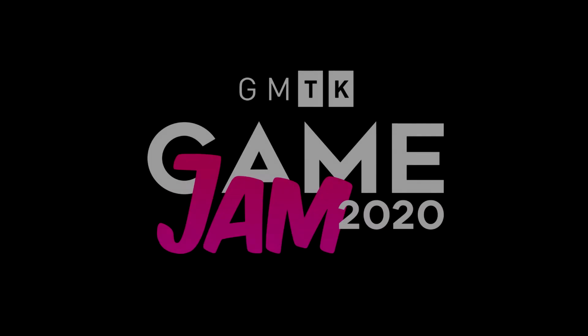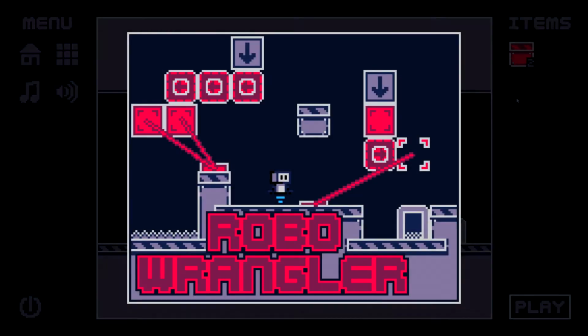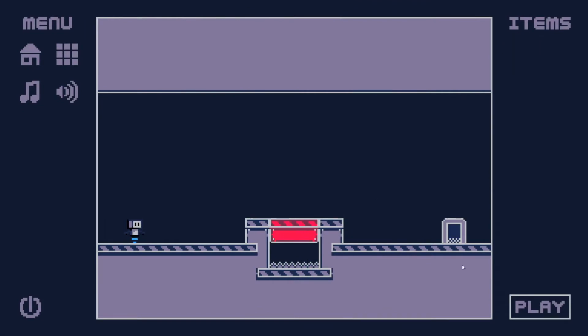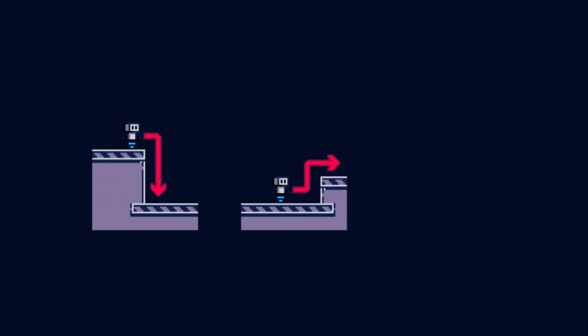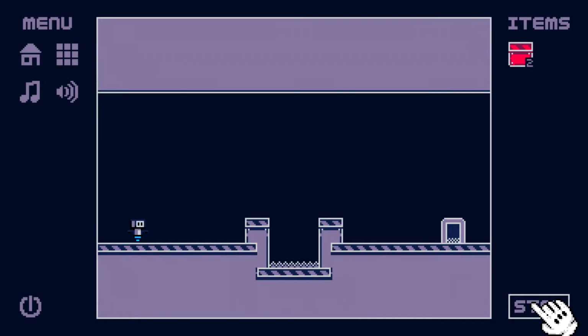This game is based on my entry to the GMTK Game Jam 2020, Robo Wrangler. The basic idea is that you need to help a robot reach an exit in each level by building the level around it, then letting it play out. The robot has certain rules about how it moves. It can fall down a hole of any amount of spaces, but can only climb one space, and will turn around if it reaches a wall it cannot climb. There's a play mode where the robot moves, and an edit mode where you can edit the level, sort of